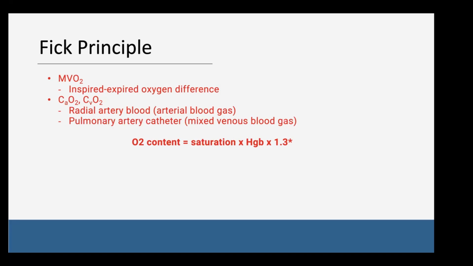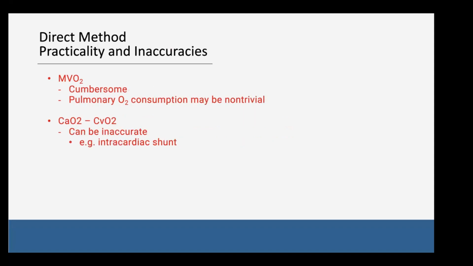But it's going back to physiology from medical school to say you have to calculate the O2 content from the measured concentration using different methods, and also then to measure the expired oxygen difference in order to do the Fick principle method of measuring cardiac output directly. So obviously this is not very practical. The MVO2 to measure this is very cumbersome.